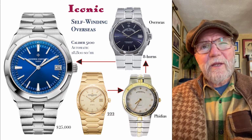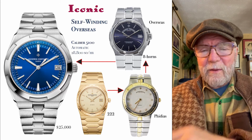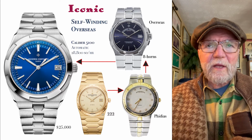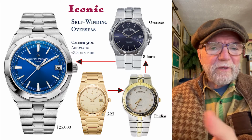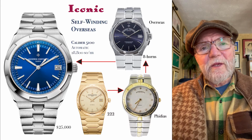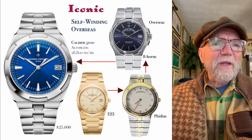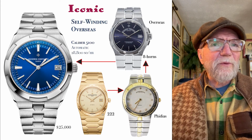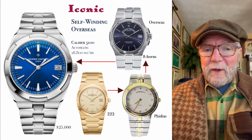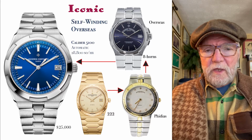But until 2016, when they came out with the current model, they didn't have their in-house movement. They had decent movements, but by somebody else. So the one that I took as iconic would be the Overseas. The other thing about the Overseas too is that it